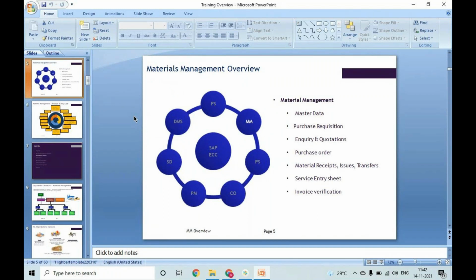In master data we have various other data that need to be created in SAP: the material master, vendor master, purchase info records, and source list. So why is master data basically required? Can any of you tell me why master data is required?